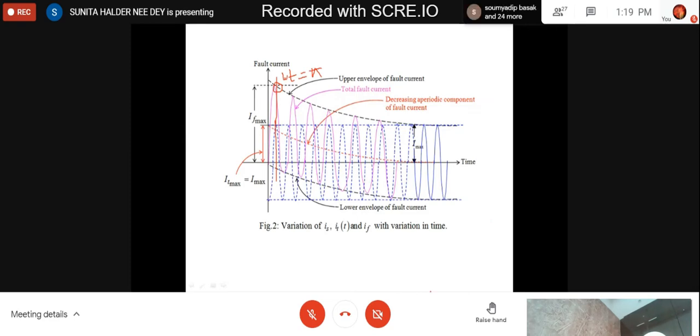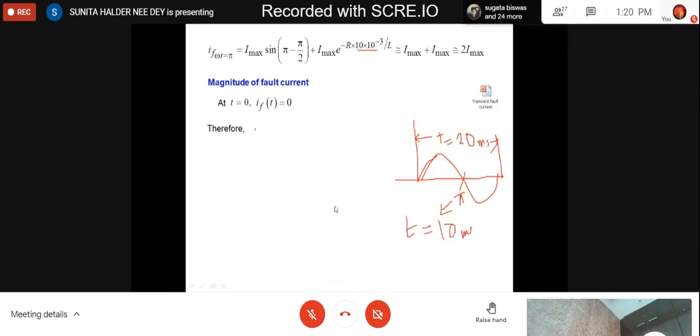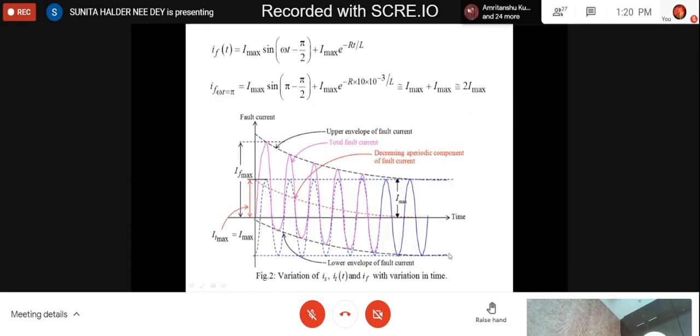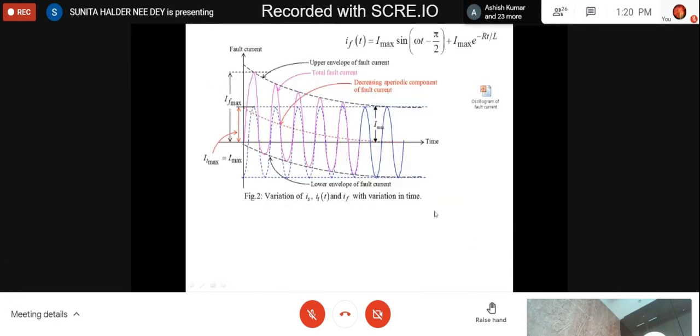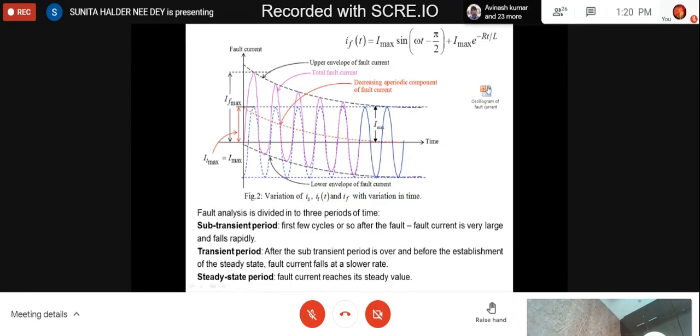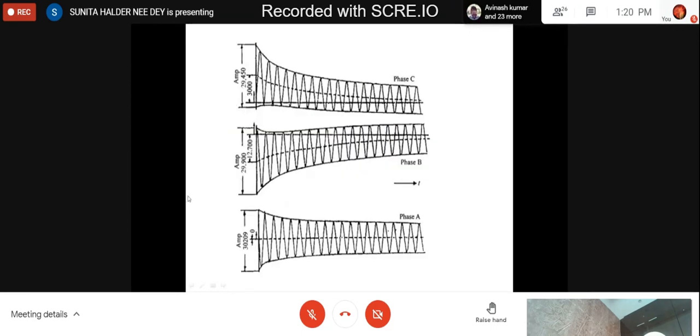So the main thing is how to assess the value of fault current. Obviously, at t equal to 0, IF equal to 0. Then in the first half cycle, it becomes this, which I have already discussed. So you see now I have drawn it, but here I have drawn the time length much higher than 10 millisecond on the scale. If you see the oscillogram, it will be far less. If you see the oscillogram, you actually see this type of thing. I think I showed this one in your last class also.